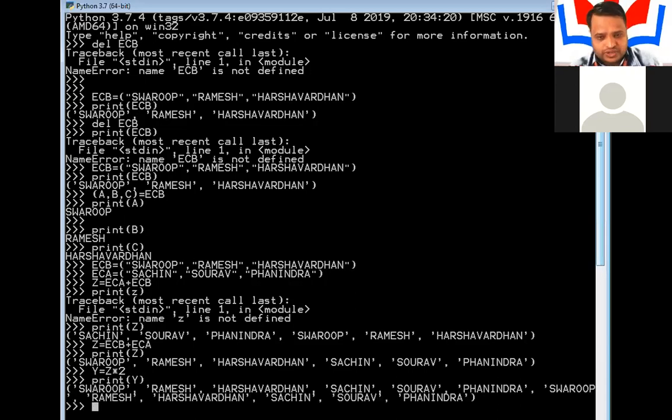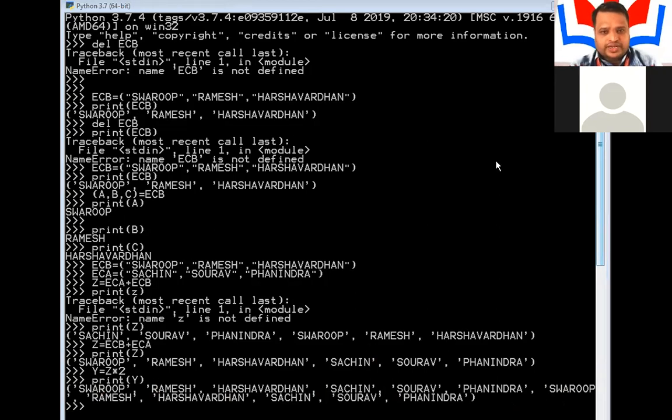Now you can notice in this output that Saurabh is repeated twice, one here and one here, and Ramesh is also repeated twice, and Harshvardhan also repeated twice. This is how we repeat, that is multiply, the tuples.